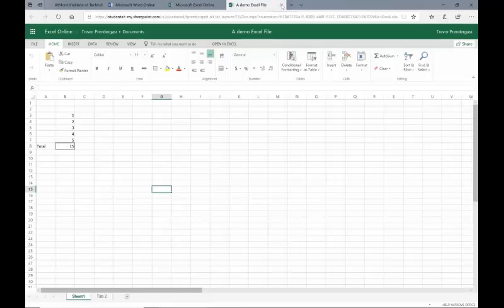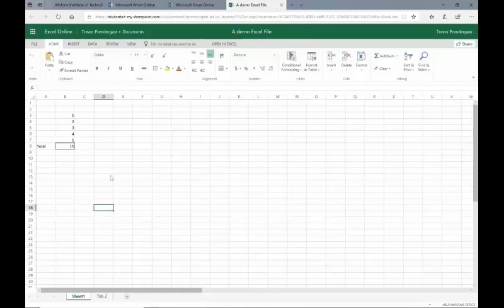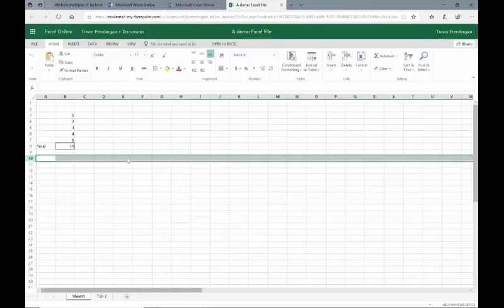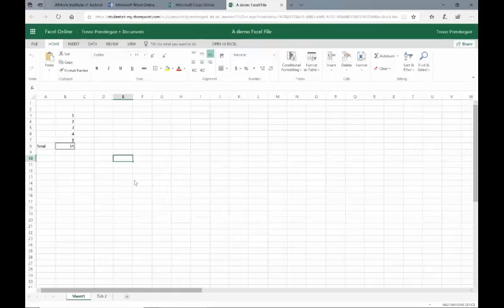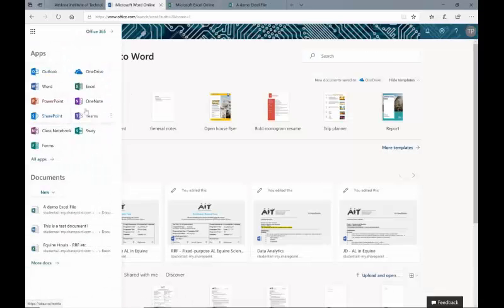And of course, if you want to collaborate with people, you can share these files with people, so you can work on them in actual real time. So if you're working on a file with another person, you'll actually see them editing it in real time. As I said in the other video, you can watch them edit in real time, and you can speak to them in real time using Microsoft or Skype, which is also there somewhere